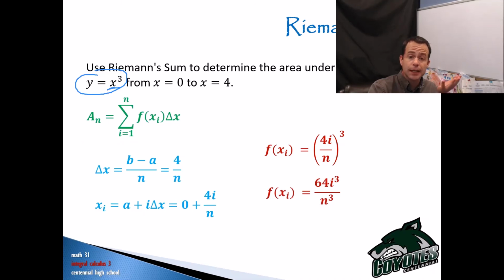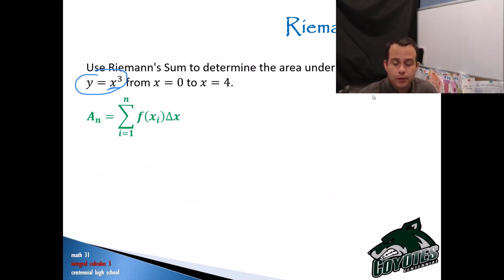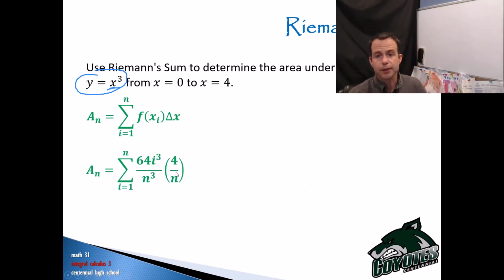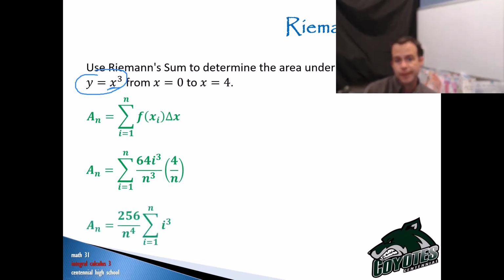So now I'm ready to plug back into my summation formula what f of x subscript i is and what the increment of x is. So I'm looking at f of x subscript i was 64i cubed over n cubed, and then the increment of x was 4 over n. Now, what just becomes coefficients to the front of this? Everything that doesn't involve i, essentially. So I've got 64 times 4, which would be 256, and n cubed times n, which would be n to the 4. So 256 over n to the 4 can come to the front, and I'm left with the summation